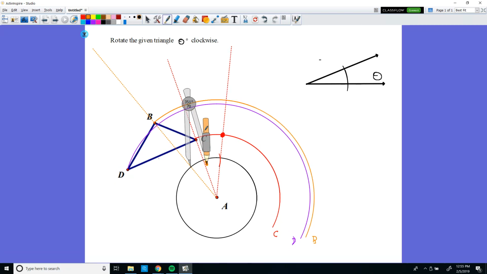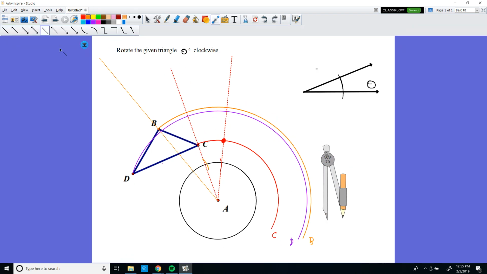And I know that if I create a line coming from the center to where this arc intersects the circle that I used to create my angle, which is going to be exactly right there,